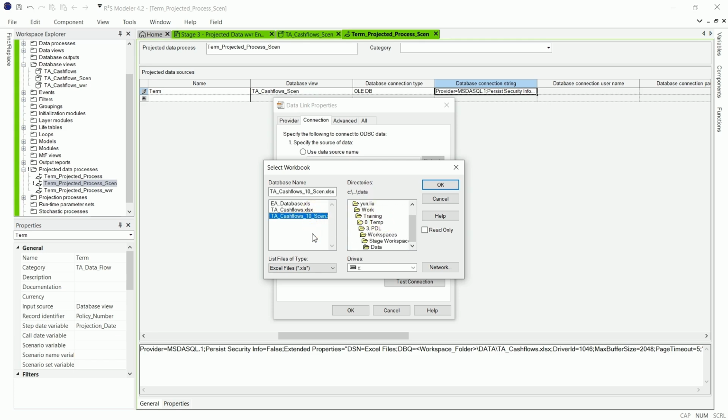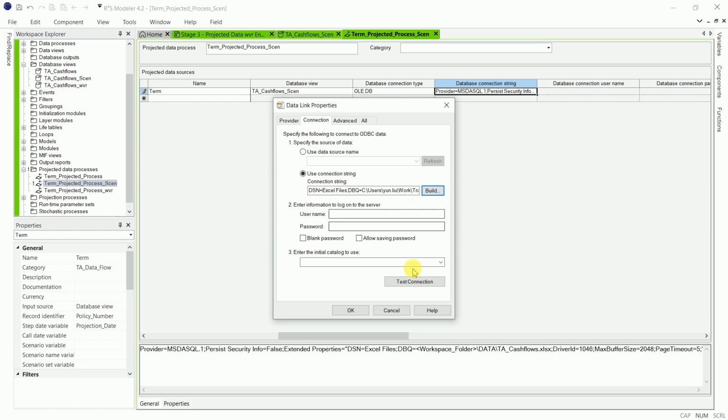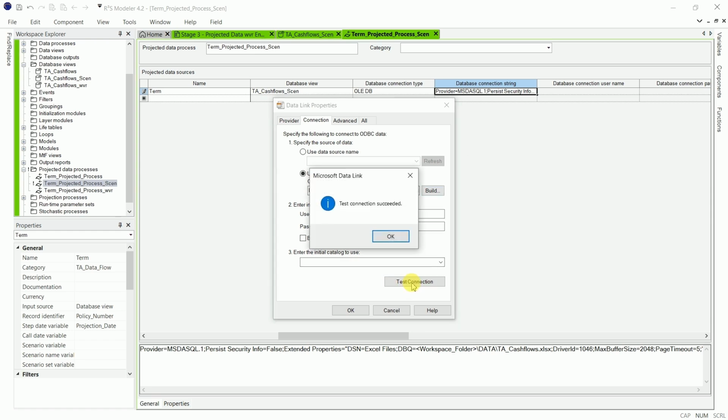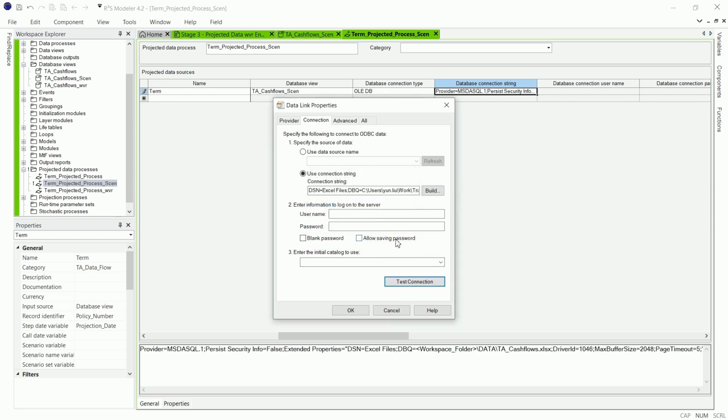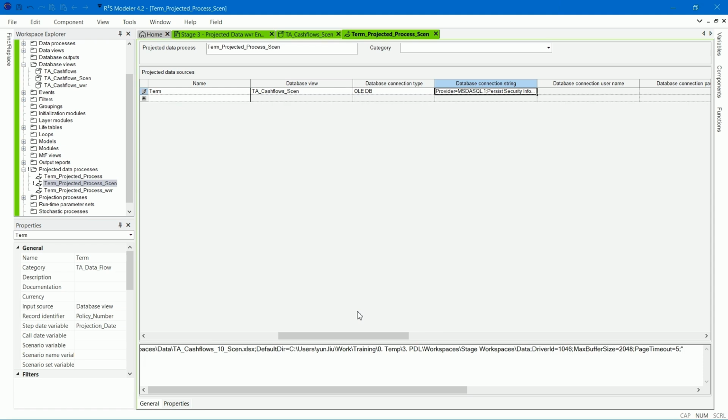Find the file TA cash flows 10 sen. Click OK, then click Test Connection and confirm it's successful. Press OK twice.